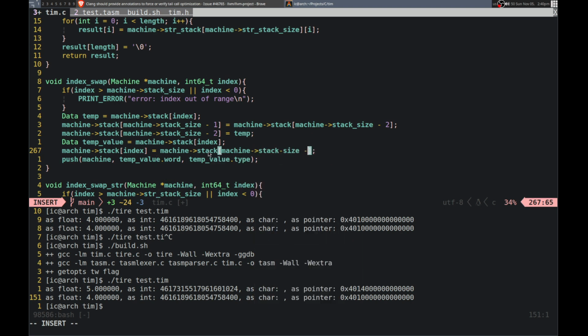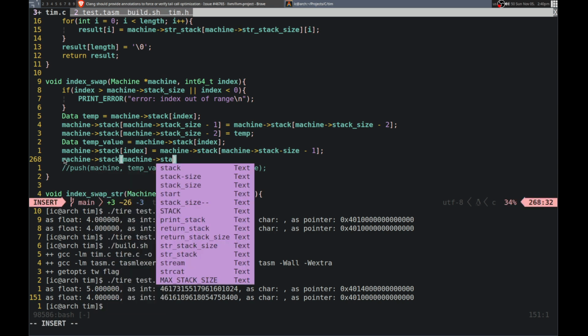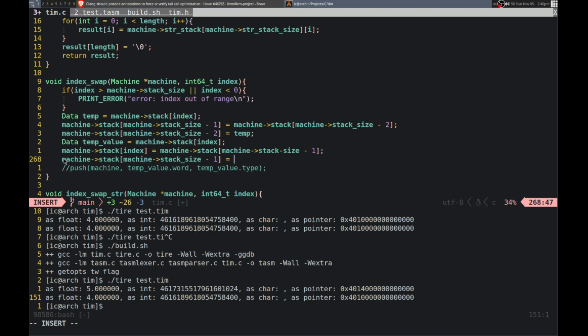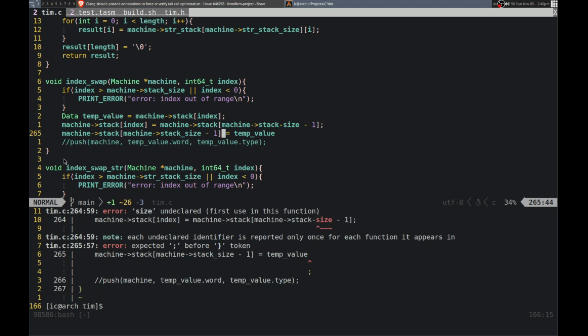size -1, like that. And then we don't want to push, so instead we want to then set this top of the machine size -1 equals temp value, like that. So then we get rid of this, build this, and okay, and semicolon